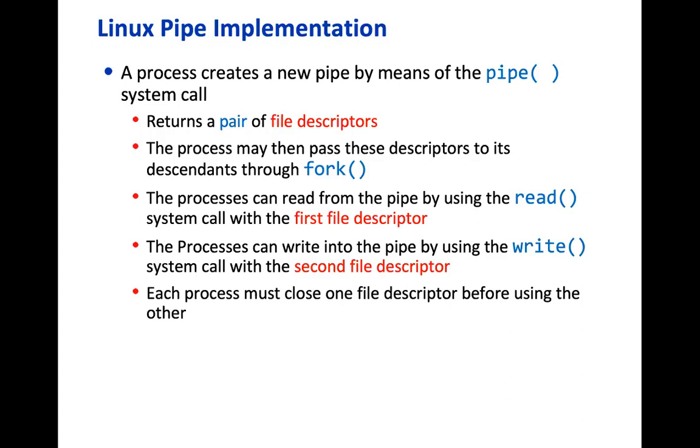Now the way pipe works is very unique. Pipe is considered as a file. It's not actually a file, but let's view it as a file. When we open an ordinary file, we get one file descriptor, which points to a data structure that says what kind of file it is, where the current position in the file is, and all that information.